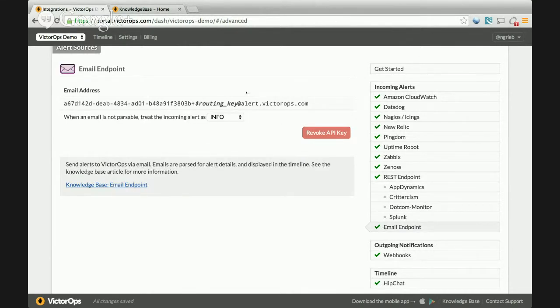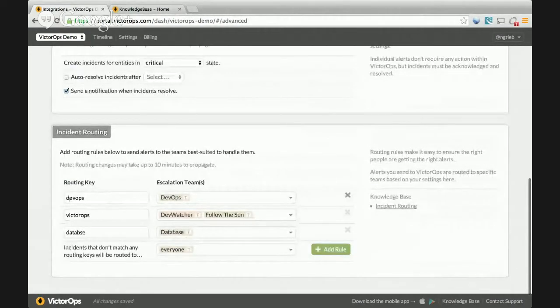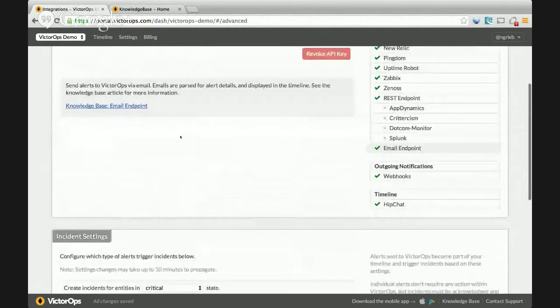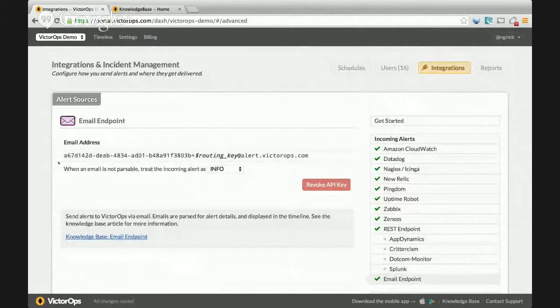Similarly, the email endpoint, basically we give you an API key, and then you're able to add in a routing key, which is defined at the bottom of the integrations page here. So if you were to replace that with DevOps, it will go to the DevOps team, database goes to the database teams, and you can add as many routing keys as you like and have them go to as many teams as you'd like. And then what we do with the email integration is we parse the subject of the email. So if it was to say blah, blah, blah is critical, we create a critical incident and begin paging people. If it was to say the same thing, blah, blah is resolved, it would resolve the incident,